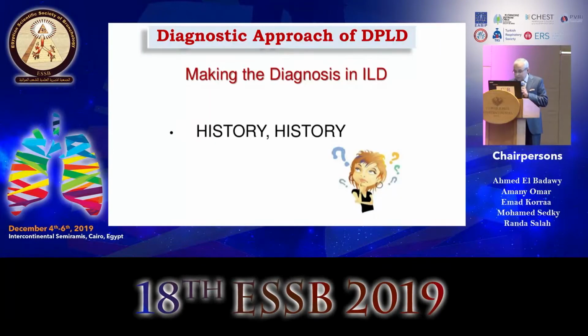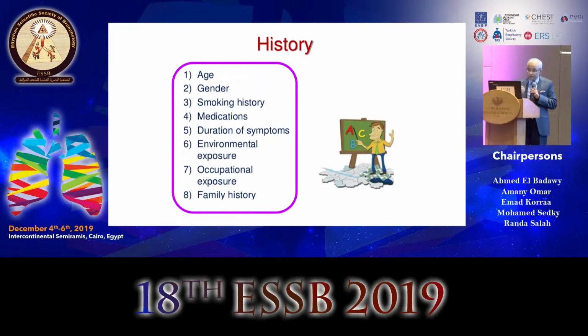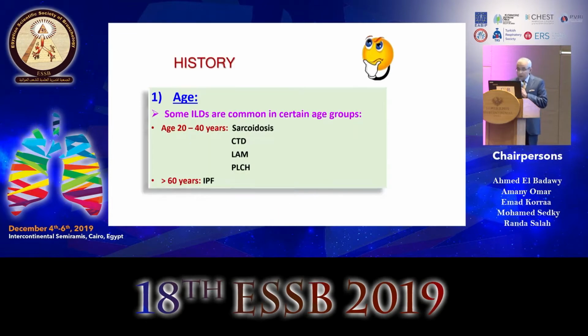You have to start your workup with history, and it is a very important part in the evaluation of your patient. In the history, you have to fulfill all these items: gender, age, smoking history, medication, occupation, environmental exposure, and so on. Regarding the age, there are certain ILDs that can develop in certain age groups: sarcoidosis, connective tissue disease-related ILD,